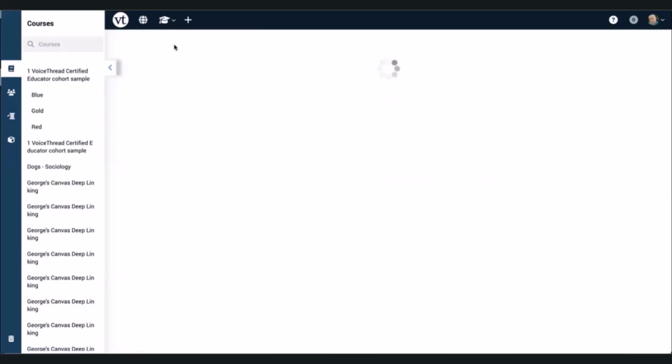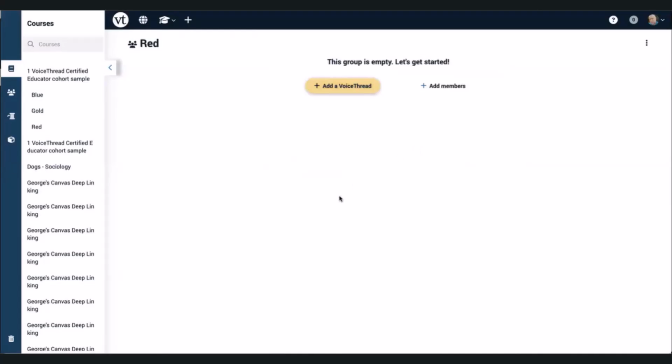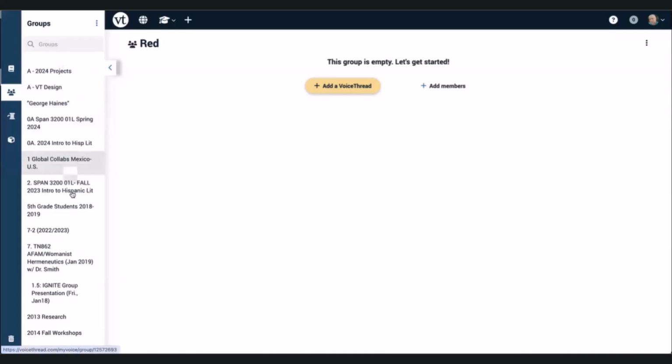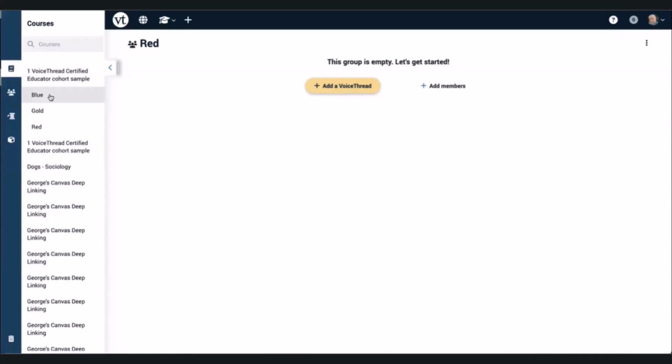All right. And you can drag and drop voice threads into the group. You can add by clicking add a voice thread. You have all of those options there for you. They work just the same way that manually created groups are, and that's really all they are. They're just manually created groups, but they are attached to a larger group. All right. In this case, it happens to be a course group, but I could do this with any of my manually created groups as well. I can add subgroups to them. All right, so that's how it works.